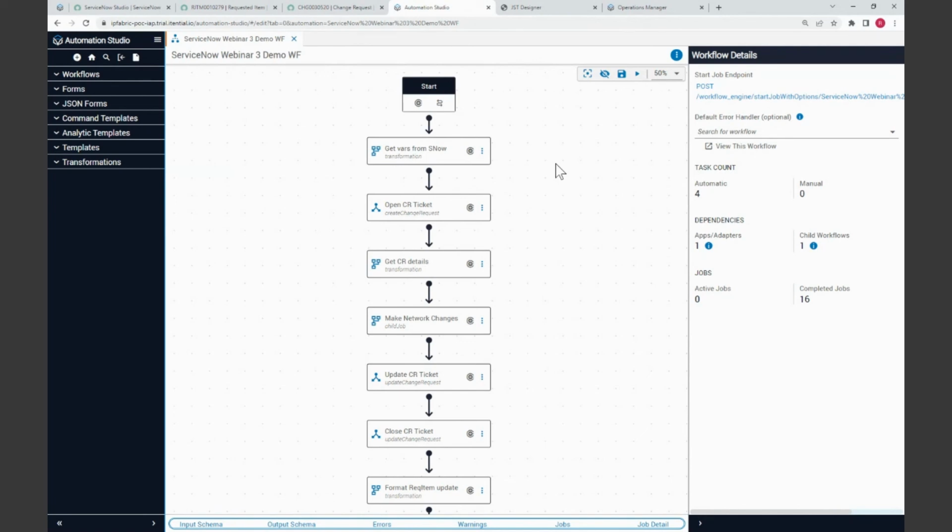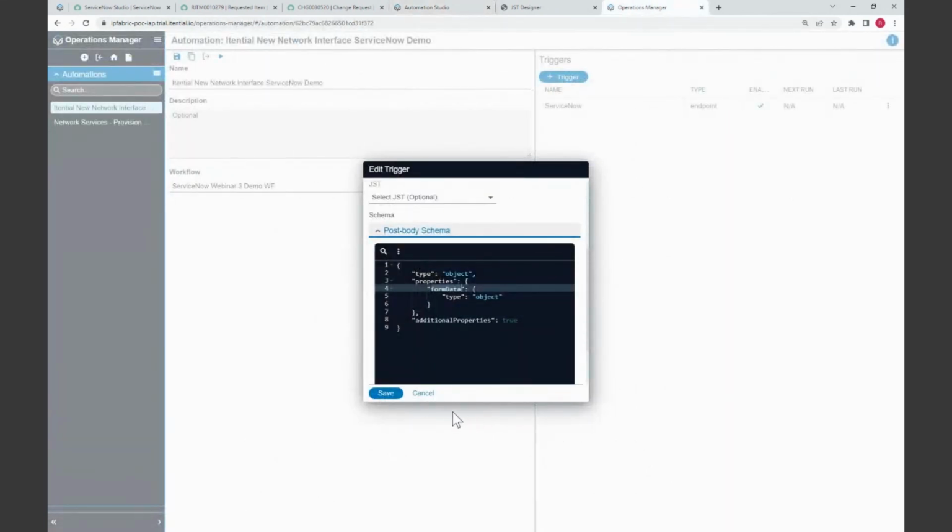So if you can start integrating that into your automation, that's going to save a tremendous amount of time for really busy network engineers. On top of that, the other way to look at it is, how do you run an automation from your platform from ServiceNow? So the origin point is from ServiceNow back into our platform. And that was the focus of today. We showed both, but really the focus of today is, how do you publish an automation in Operations Manager? Define everything that needs to be defined. And there's not a whole lot that you have to define. We make it really easy for you to go from creating an automation, testing it, running it,